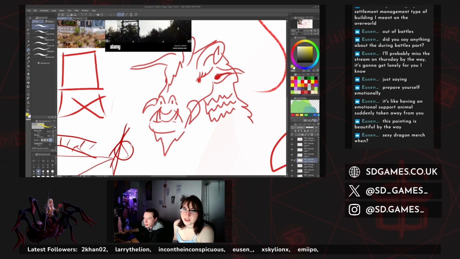There she is. That's our sexy dragon. Oh my god, yes, the piercings. I'll add a shitload on the ears. Yeah, she's beautiful. Ooh, a lip piercing.